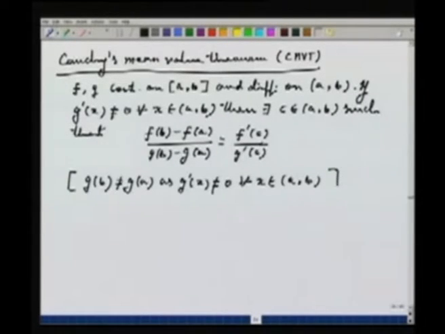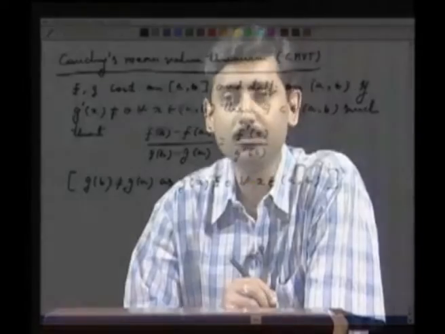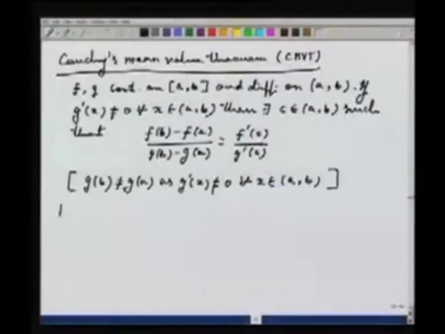How does this follow? Because if Gb equals Ga, then by Rolle's theorem there will exist an x in the open interval AB such that g prime x is 0. But g prime is always non-zero, that is given. That means Gb cannot be equal to Ga. And now I can remark